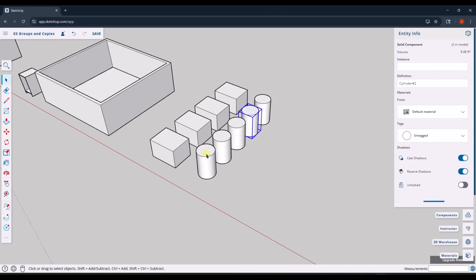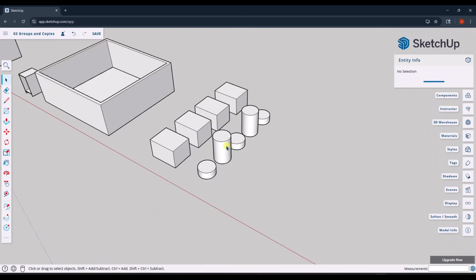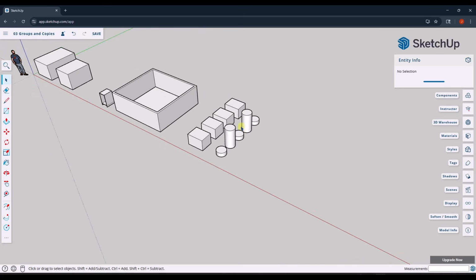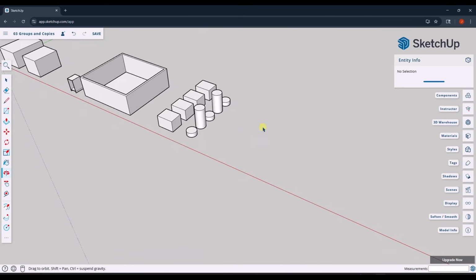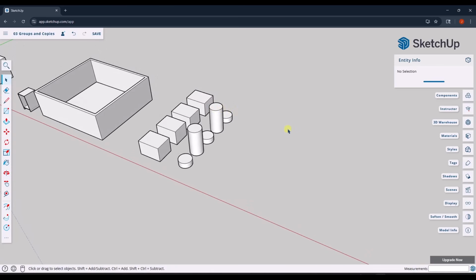So now, if I was to make an adjustment right here, notice how those first 3 objects that I didn't make unique are adjusting, but then these other 2 have a different definition, so those are going to adjust separately, like this. So this is massively helpful for if you create light fixtures or something like that across your model. And anything that you're going to have more than one of in SketchUp, you should create as a component,